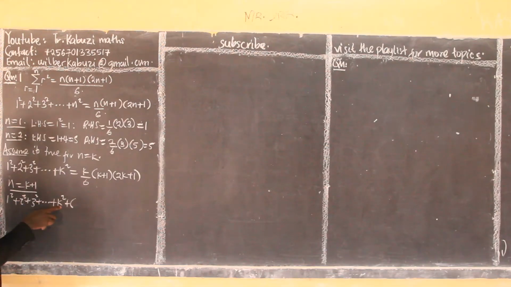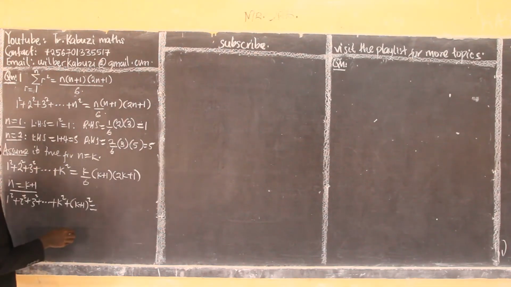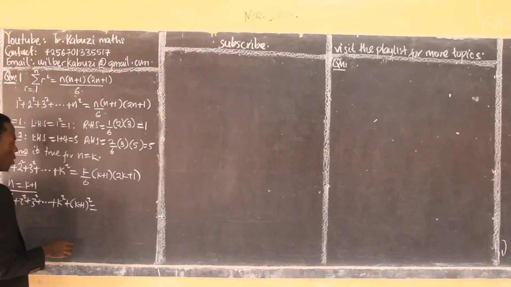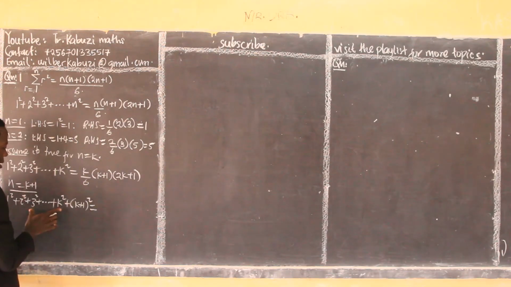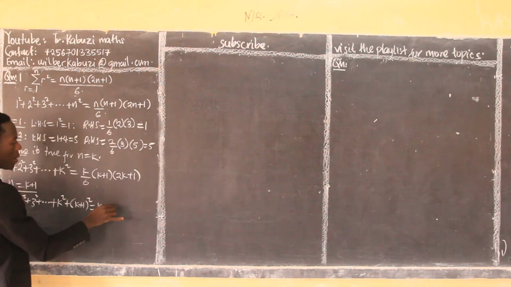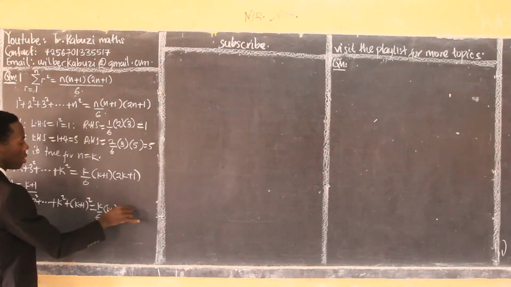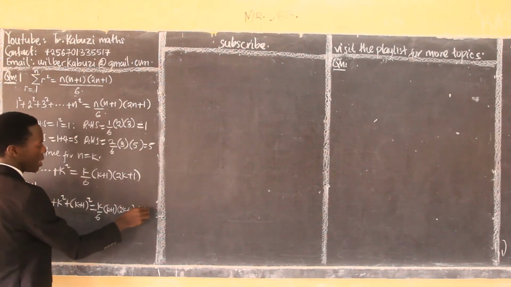So if I'm having this, the next term is going to be on the k, I add 1, then I square. Equals to, now here, where there is n, we put k plus 1. Okay, what we are having here, because this equals to this, we are just going to add only 1 term. So we have k over 6 into, then plus what we have added this side. You are adding this side and this side, so this is what we are going to just add here,